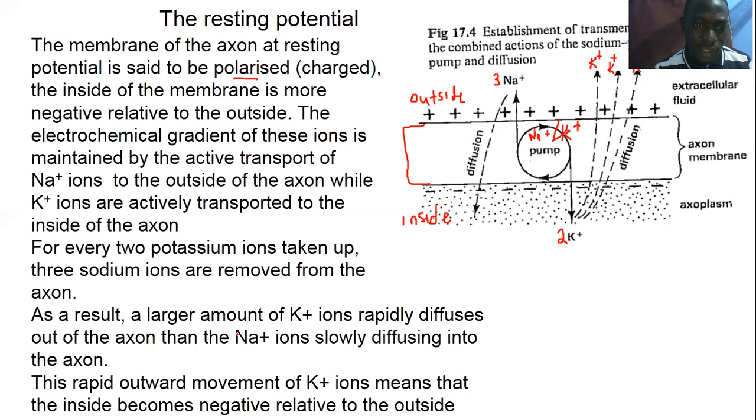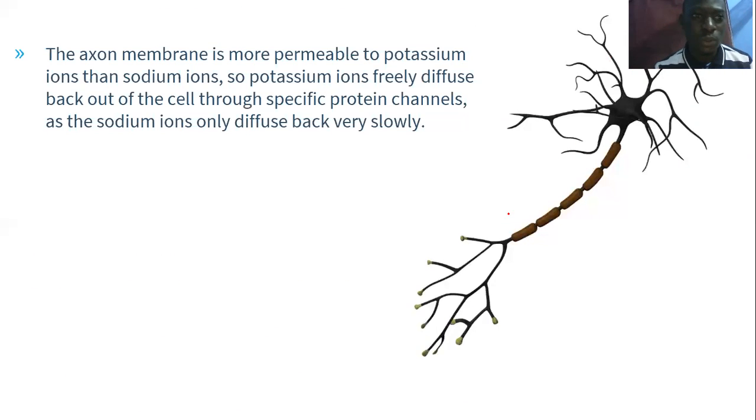As a result of a large amount of potassium ions rapidly diffusing out of the axon, and the sodium ions slowly diffusing into the axon, the rapid outward flow of the potassium ions means that the inside becomes more negative, because at the end of it all, there are going to be more positive ions outside. Also sometimes the sodium may tend to flow in, but it is very slow along the diffusion gradient. So the axon membrane is more permeable to potassium ions than sodium ions. So potassium ions will freely diffuse out